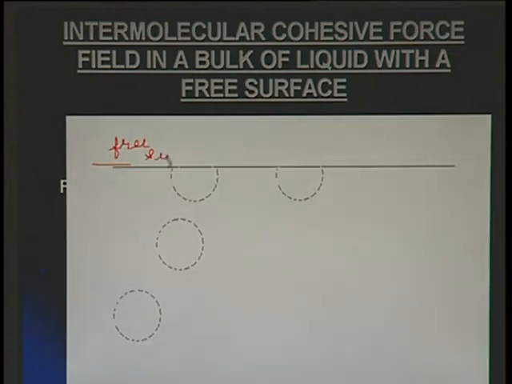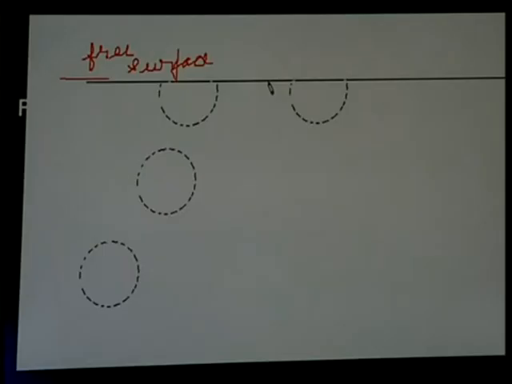In case of liquids, a free surface is formed, and above the free surface, let us say we have another fluid which may be air or some other fluid. So we have a layer which separates two fluids, known as a free surface. Let us say we have air here. Now if we have water here and air here, and we observe the molecules situated